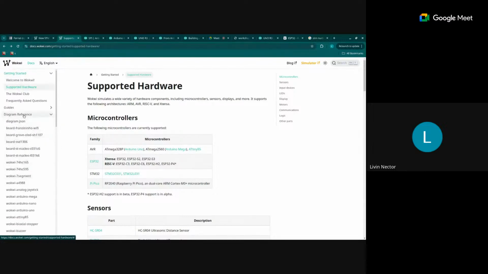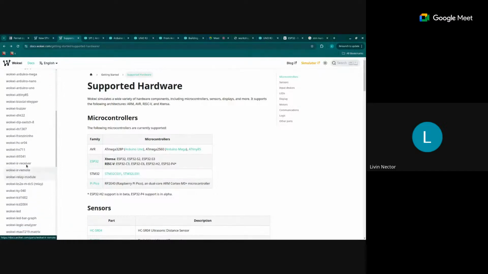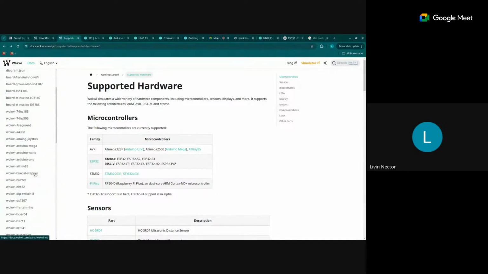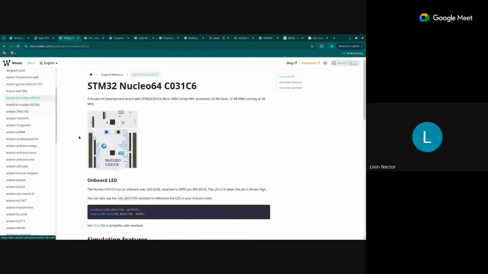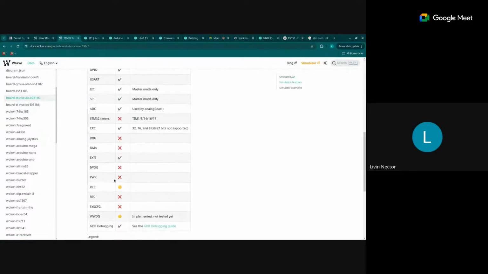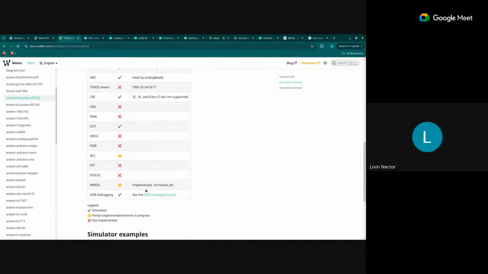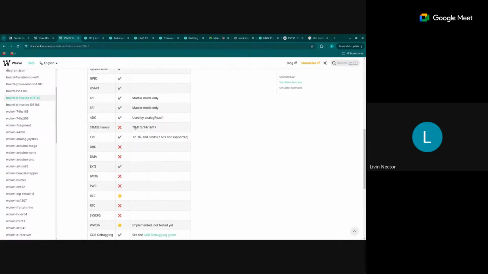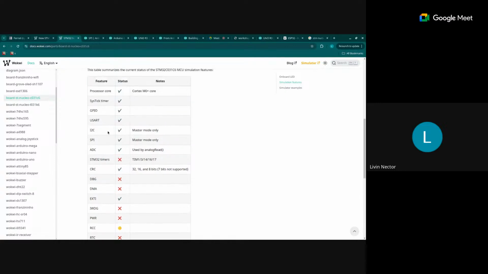So here in this diagram reference page of Wokwi, you have a reference about every component that is present in Wokwi. Let's find ST Nucleo. Yeah, this is the ST Nucleo board, right? In this component, you can see the list of features that are implemented here. So timers are actually not implemented in STM, but the other features like I2C, SPI, ADC, UART, GPIO, so the basic things are actually